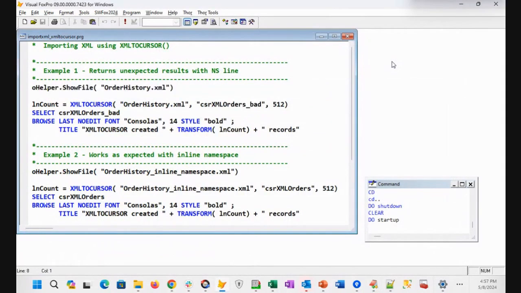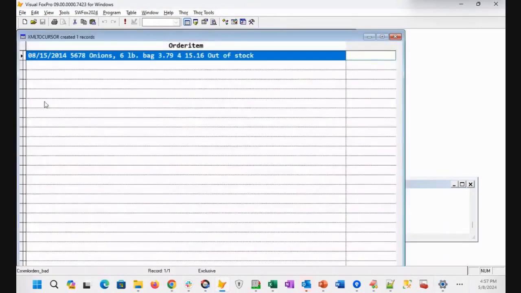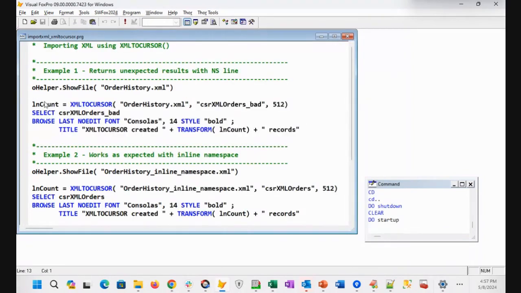And if we simply do a standard import, and by the way, the 512 simply means that this is the name of the file we want to import. We will look at this. And that did not come out the way we expected it. We expected to get 2 rows of data. Instead, we got 1 row of not exactly what we wanted. And as far as I can tell, that's because of that